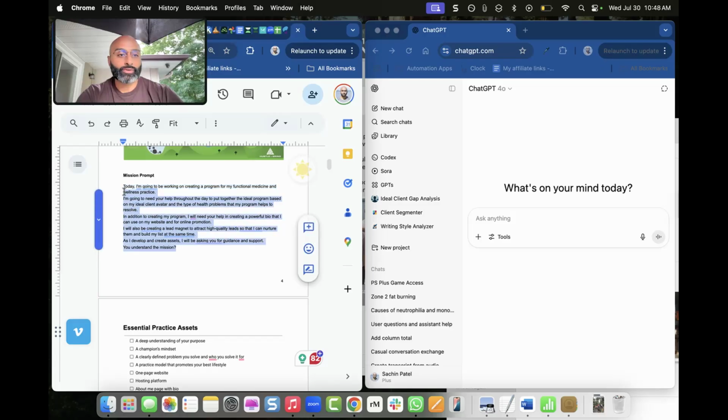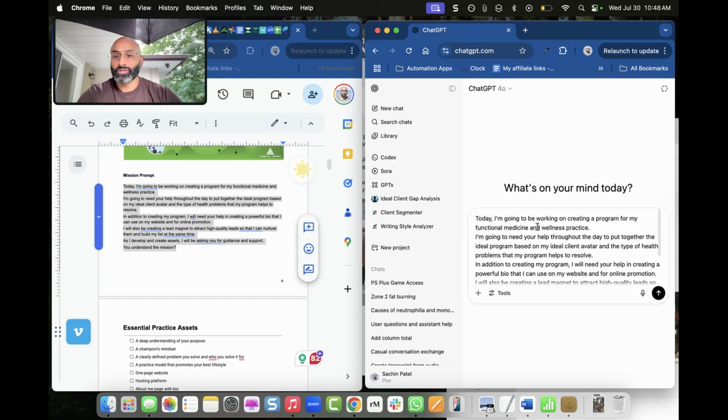So this is just a master prompt. I'm just going to copy it and I'm going to paste it here and I'm just going to read it. So today I'm going to be working on creating a program for my functional medicine and wellness practice. I'm going to say refining because we already have this program and I don't want it to think I'm creating something new. You would be creating if you don't have one. The program is called,